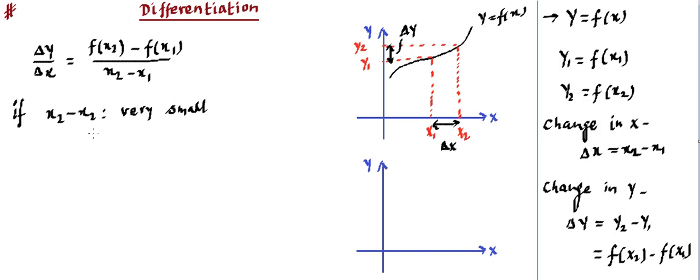Now what I mean by very small change or difference, let me illustrate by an example and then you can appreciate it. Let's say in the initial case this x1 was the number 4 in x, and we took this x2 as, let's say, 8. So what is the difference coming? We will say delta x here is going to be 8 minus 4, which is going to be 4.